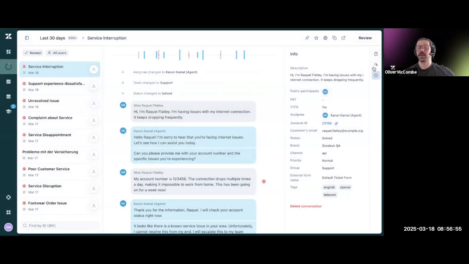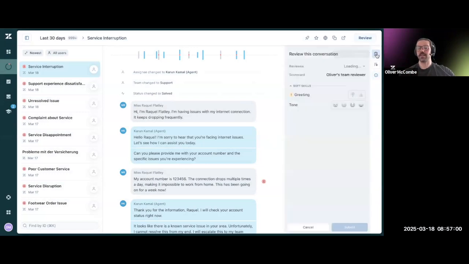from Zendesk QA. Now we want to review. We can either click the review button or review the conversation here from the tab. And what we'll see is, because I don't have all my users in this workspace, it hasn't assigned the reviewee, but I will choose one. And here we can see there's my root causes I can select, dropping it in. Tone. What you may have noticed is greeting and tone haven't been auto-scored, and this is because I don't have the right agents in the workspace, so it's unable to identify Kara and Kamal, and so it hasn't performed part